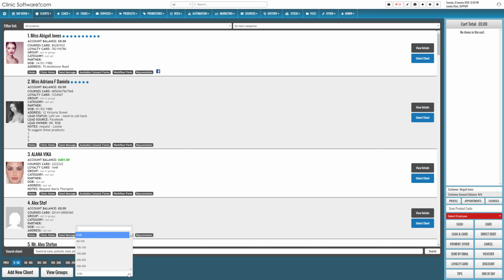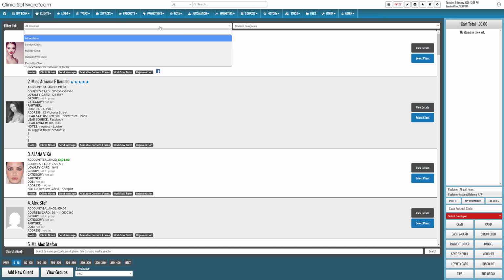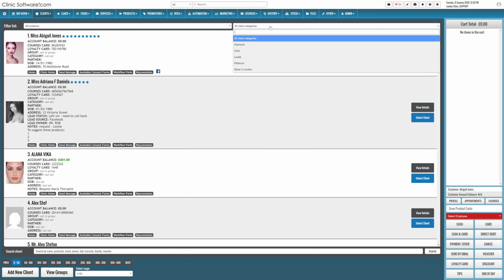We do have at this moment in this dummy example around 22,000 or even more, so you can see more than 20,000 customers in the system, and you can search and filter by any type of criteria. At the same time, you can filter these customers per location, so you'll see specific customers from a different location only,